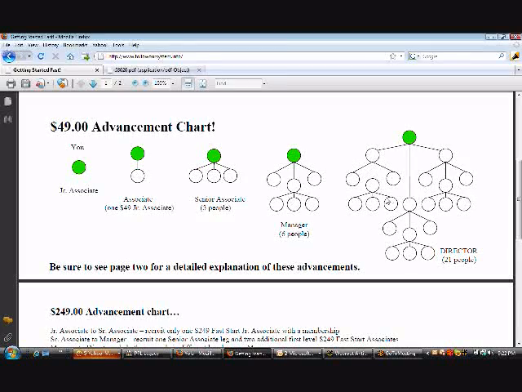So let's look at the director side of things. Say you've got three people, and you place one person under one person, or over here, it doesn't matter. Let's just say for this purpose you're looking at this. You've got three people that came in one day. You wouldn't go 1, 2, and then let them get the third. You would go 1, 2, and 3. You would be placing them one underneath the other, or you place one under here, one under here, one under here to create that synergy. So you want to build down. You want to spread it out and build straight down.